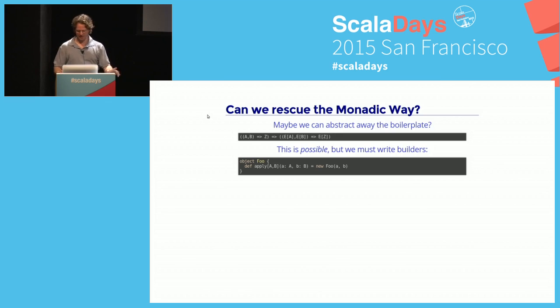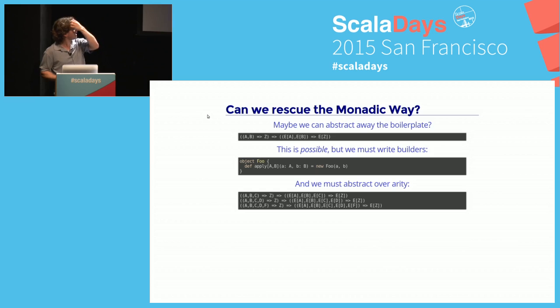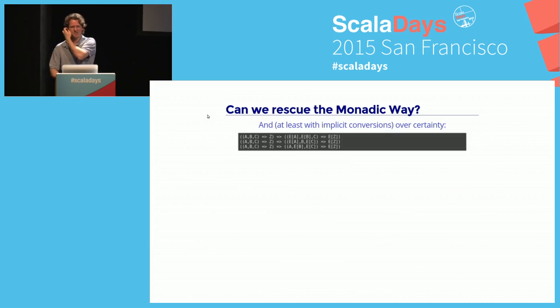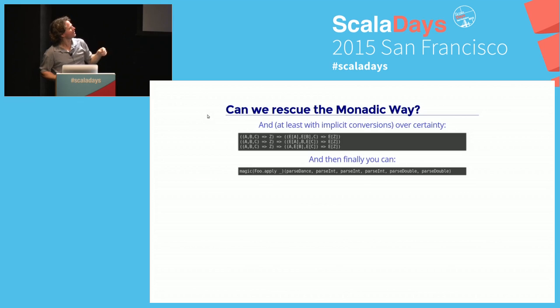So if you try to do it with a vanilla approach, no framework, then you have to make sure you have some sort of construct that will build it, because it's hard to capture constructors. And then you need to abstract over arity, because that's not built in. So you've got to write it for 2s and 3s and 4s, and then you might have to abstract over error types. And then we have to abstract over certainty, because some things you might actually know, right? There might be no error there. So you have to do all the Boolean on-offs, at least implicitly. And then finally you can do something that, if you can convince the compiler that all the types work out,